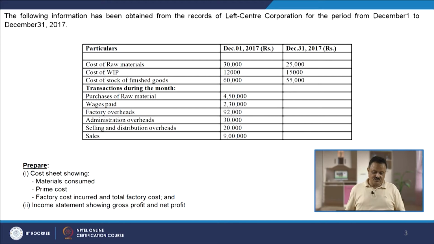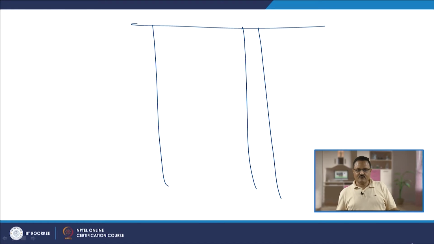One piece of information is the opening stock, you have the closing stock, and then you have one more piece of information, purchases of raw material. So, minimum 3 pieces of information are there, and we have to take these into account. It is called the treatment of the stock, and we must treat the stock properly so that we can calculate the cost of raw material consumed, right. So, for calculating the cost of raw material consumed, you have to start here with the opening stock of raw material,